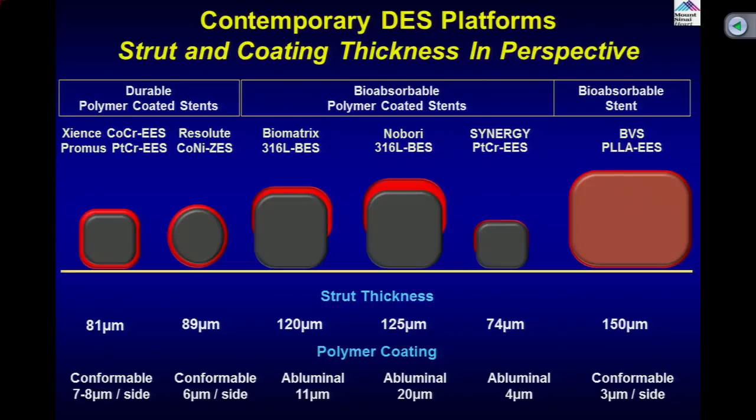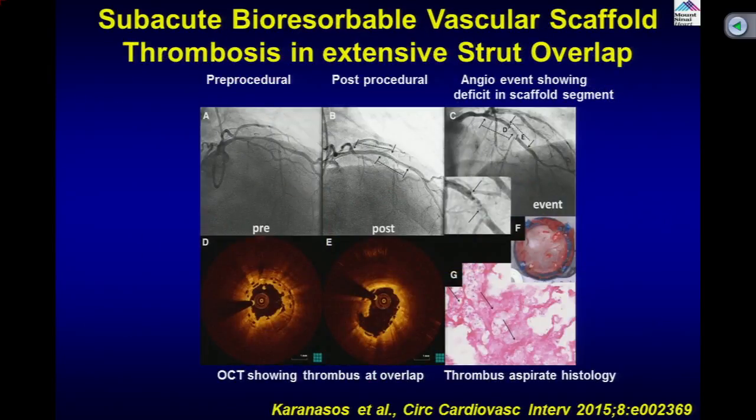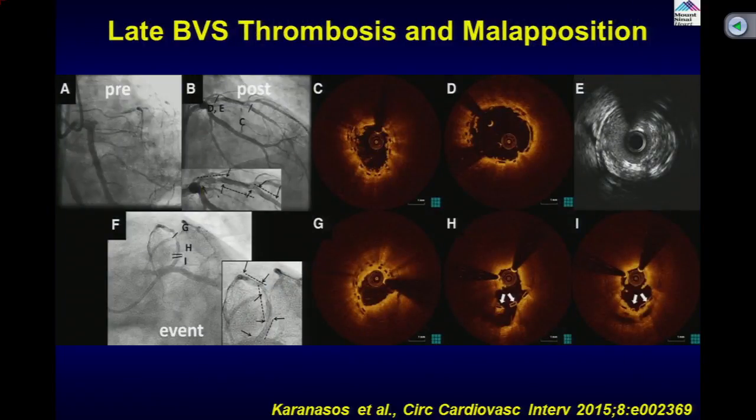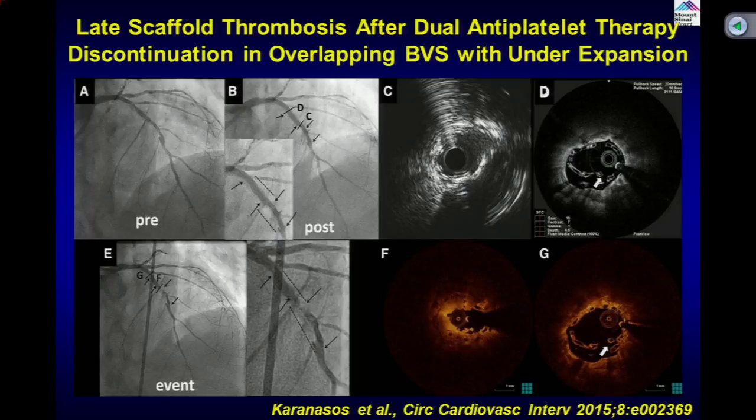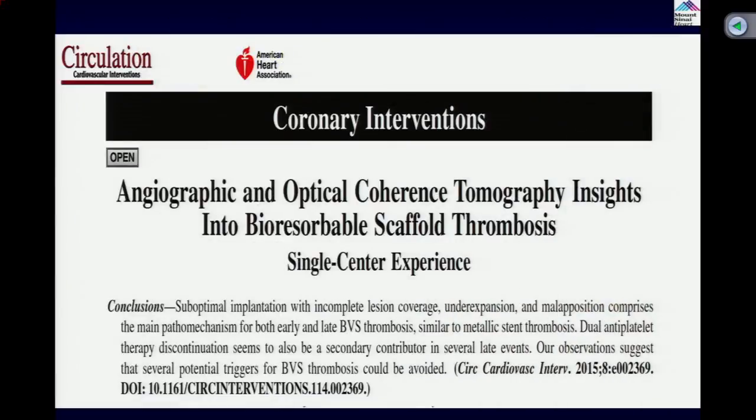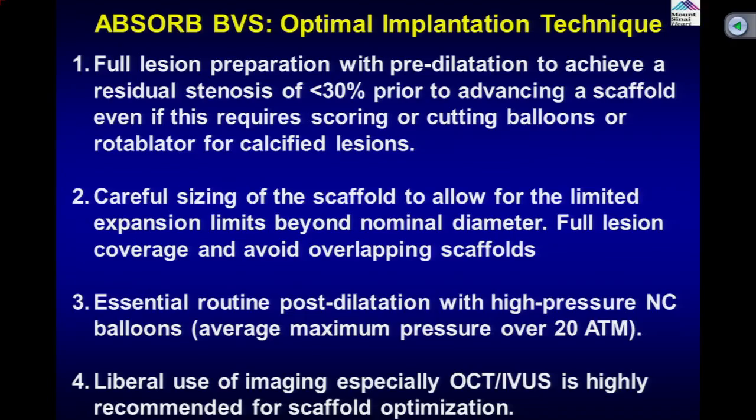So really you need to continue longer, and this has been shown by many, including a recent paper in Circulation: Cardiovascular Interventions, with cases of subacute thrombosis with the overlap area, the malapposed BVS area, and of course when dual antiplatelet therapy was stopped and you have malapposed stent creating the thrombosis. So basically the overall analysis was that the BVS scaffold thrombosis is largely technique related, and therefore what you should do,